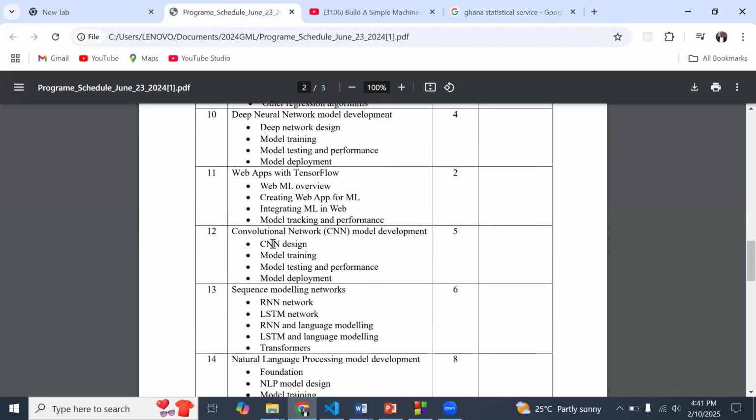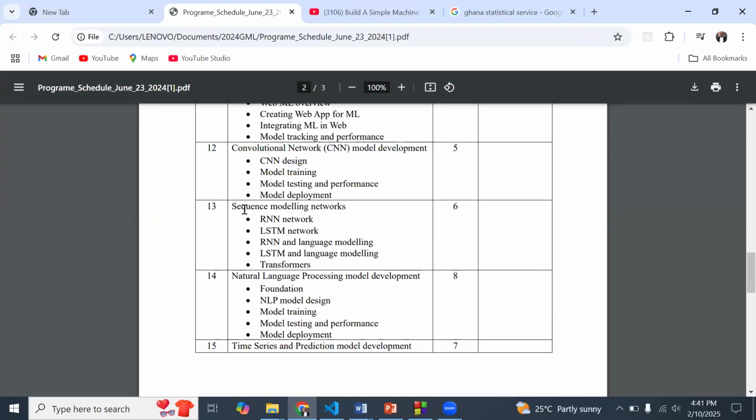So that was it. Then we came to the convolutional neural network, which is where we are now with regards to the things that we are doing. Unfortunately, we have pending a number of models that we are supposed to build, for instance the recurrent neural network and the long short-term memory network. That's all within the recurrent neural network. And then there's the recurrent neural network for language modeling, that's natural language processing.